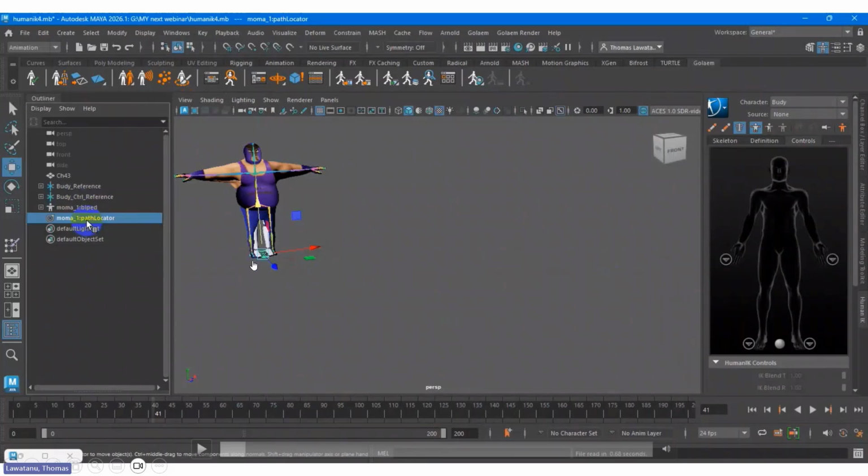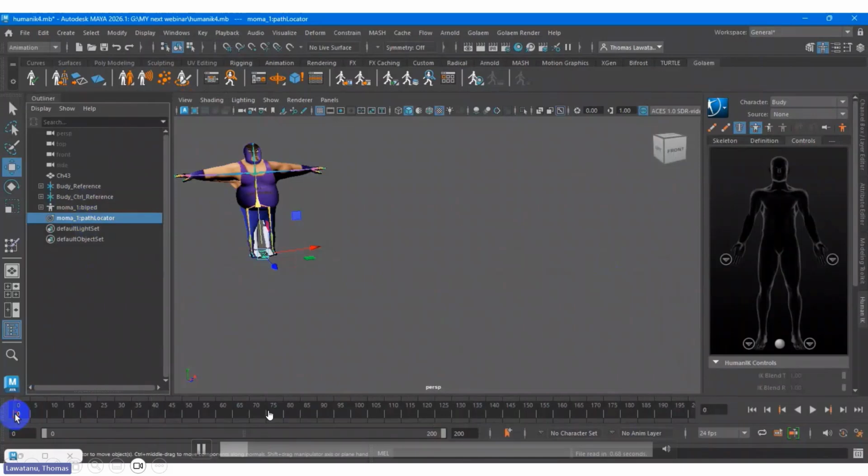This is the default locator, which means this will be animated, not the character. Why? Because the character will follow this, and Maya's motion maker, the AI, will predict about this character, let's say from A to B, something like that.